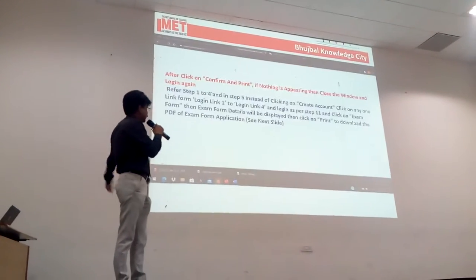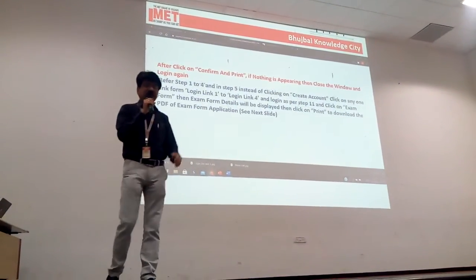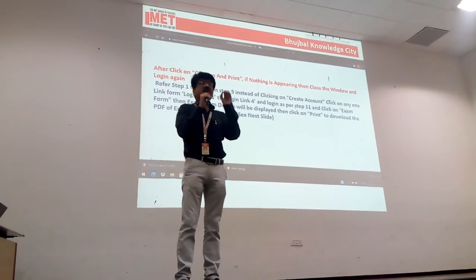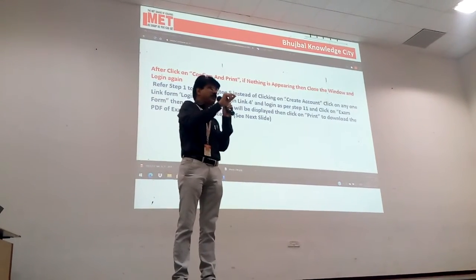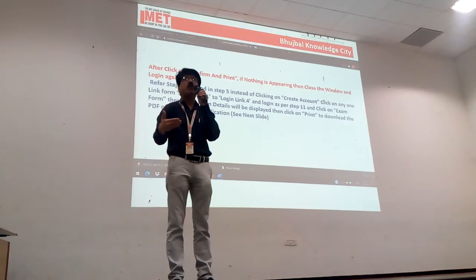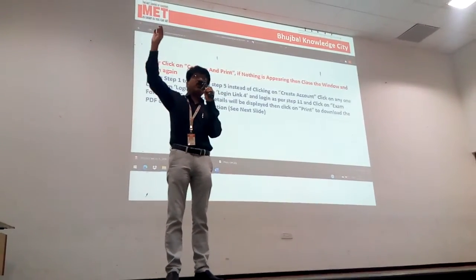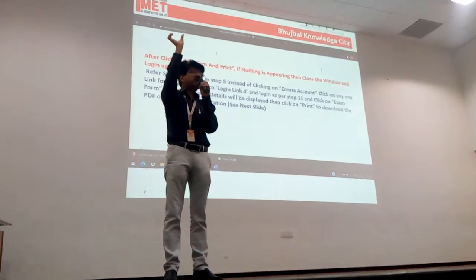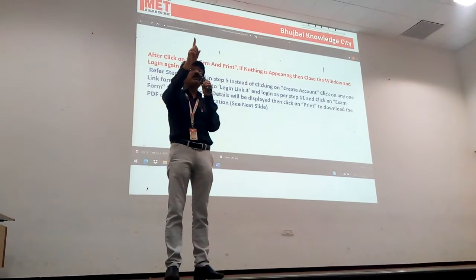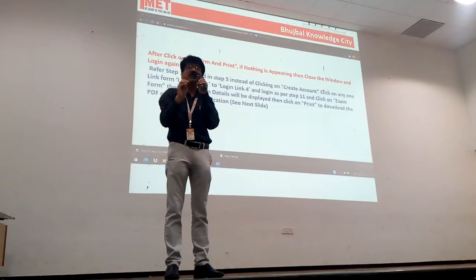Okay. Once you confirm, sometimes the PDF is not generated. Once you confirm on the last day, immediately one PDF will be downloaded. That is of your examination form. And on the right top corner, you have that application ID, which is very important as far as your examination form is concerned.